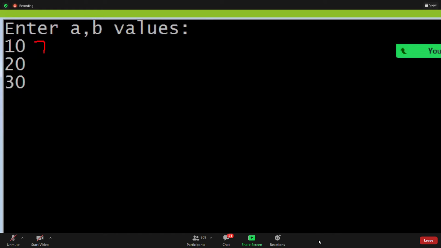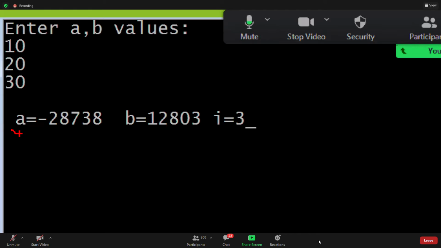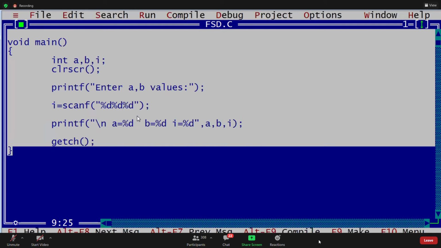You are reading, but you are not storing in A. A is garbage, B is garbage, but I value is 3 only, because you are reading those values. Clear? We are not storing. First write this with address of A and address of B. Finish this one first. I think you understood. Anyway, I will execute and show you. Next task. Write this.